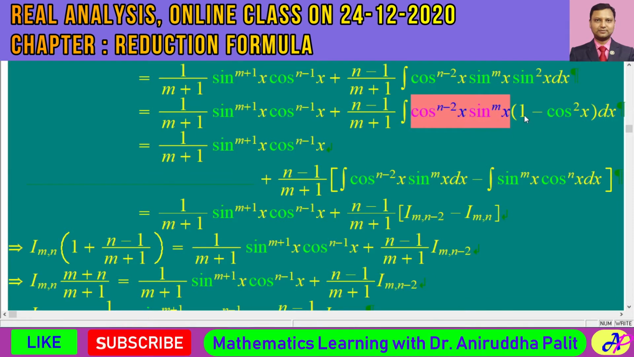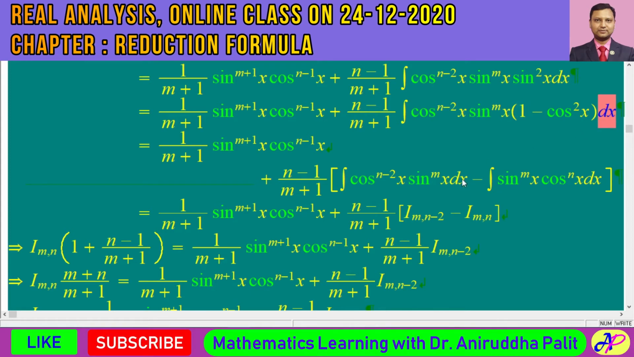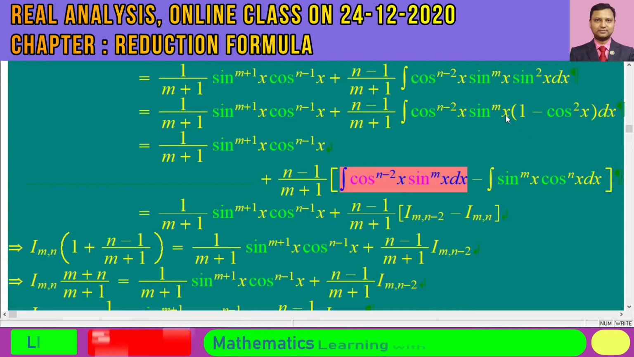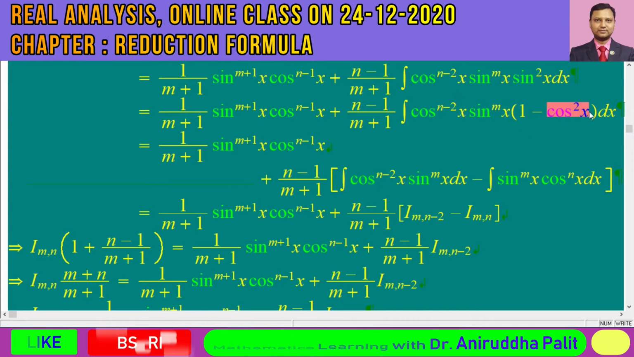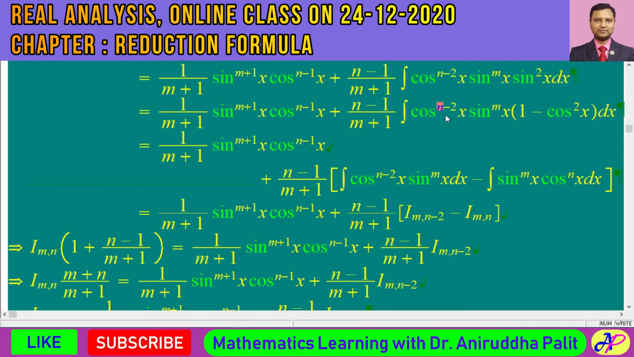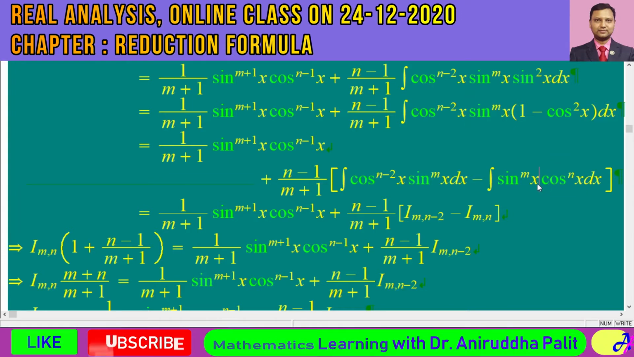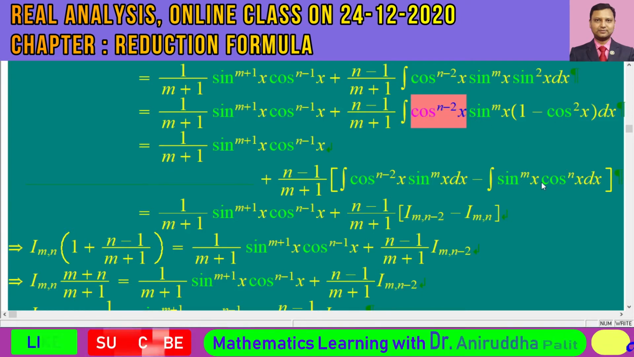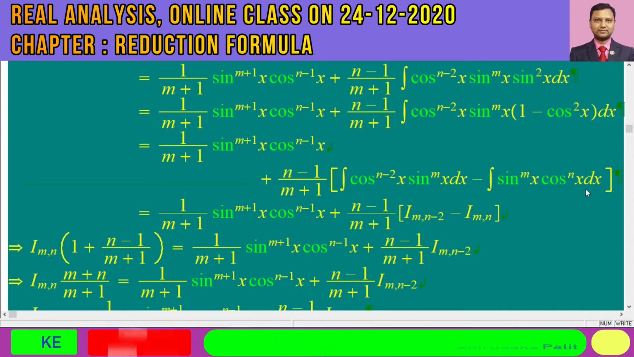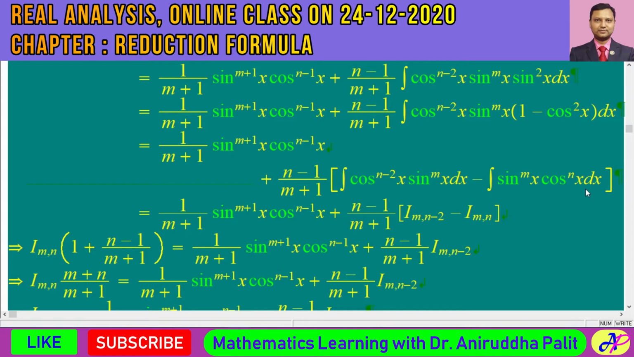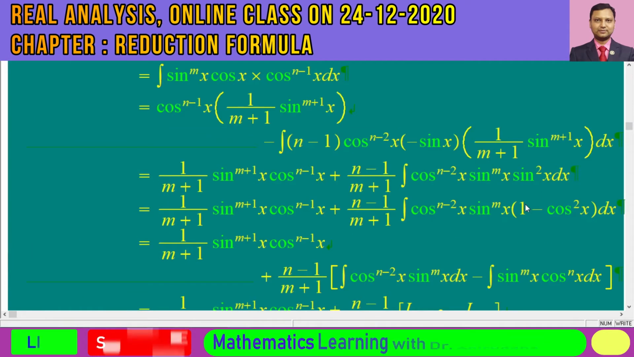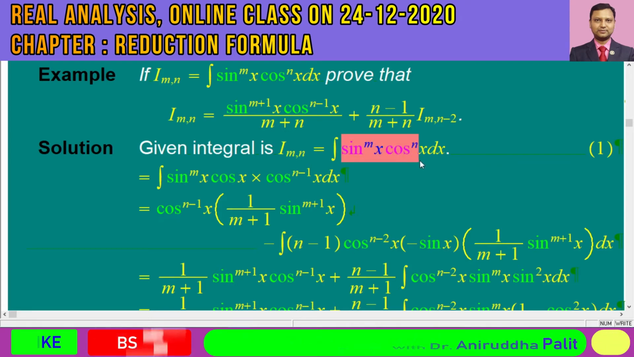Now you see, whenever this expression is multiplied by 1 along with dx, of course, we have this kind of integral. And whenever this expression is multiplied by cos square x, so cos square x along with cos to the power of n minus 2 x will form cos to the power of n x. The sine to the power of m x is not changed at all. Okay, and we have an advantage that this expression is nothing but the given integral. We started with this integral, sine to the power of m x cos to the power of n x dx,